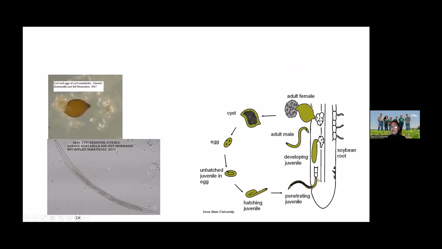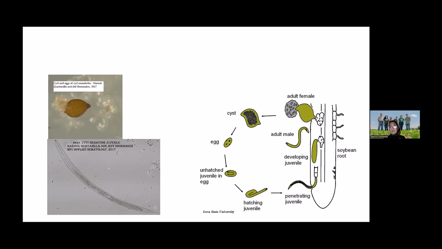All right, so for the life cycle, you can see to start with an egg, it hatches, goes inside the root, sets a feeding site, and then the males develop, they're free living, and they go around free and can mate with the females. You can see the female becomes enlarged, and the plant sets a special feeding site for it. And when she dies, she becomes a cyst full of eggs, like a case full of eggs, that can persist for